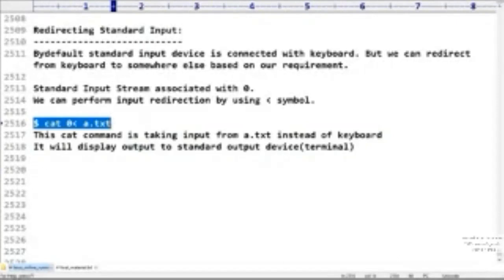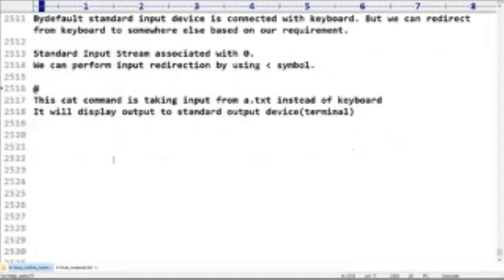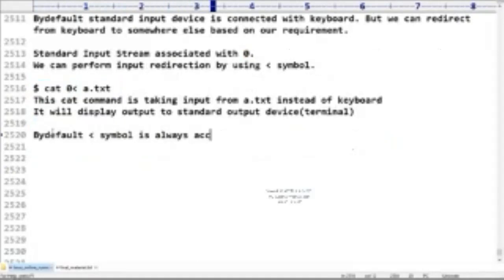Okay, up to this. Now observe very carefully. Now my question is, by default, this input redirection symbol, the less than symbol, is always associated with 0.